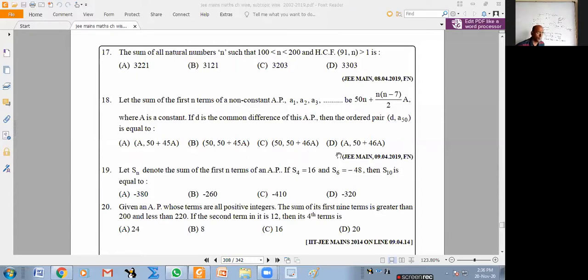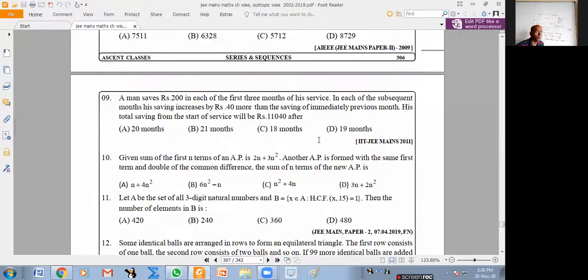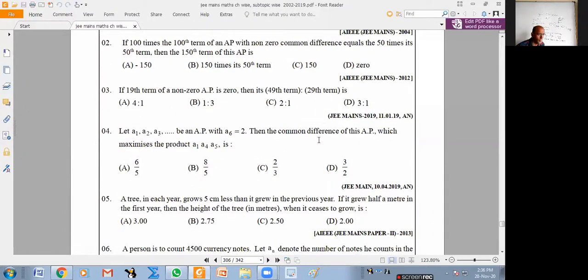The fourth question can be discussed. Fourth question. Okay, 24 you're asking or just 4? Just 4. Okay. You can use the AM-GM inequality or calculus, I guess. There in the AP, the sixth term is 2. The common difference of the AP for which... I don't know whether I can use the AM-GM inequality because numbers can be negative. We can't use it. So only calculus. You'll get a cubic expression, right? Yes, sir. So just use calculus only, nothing different.